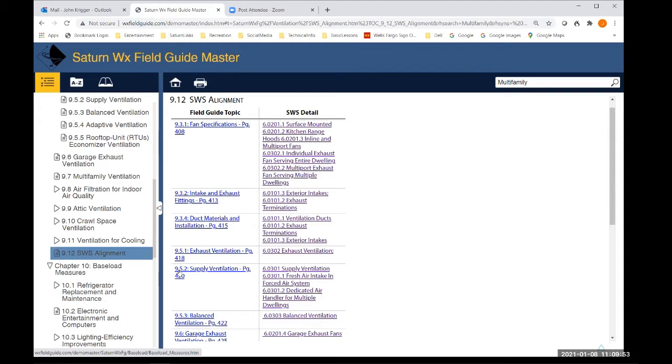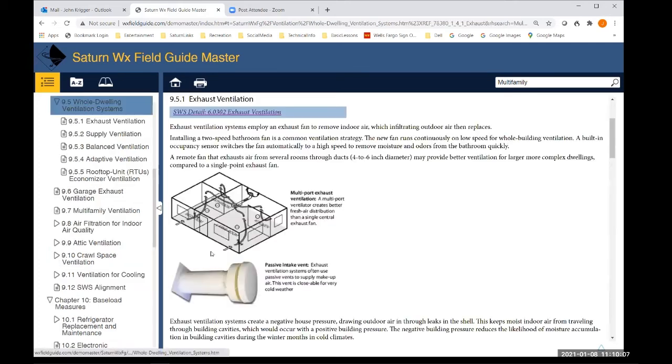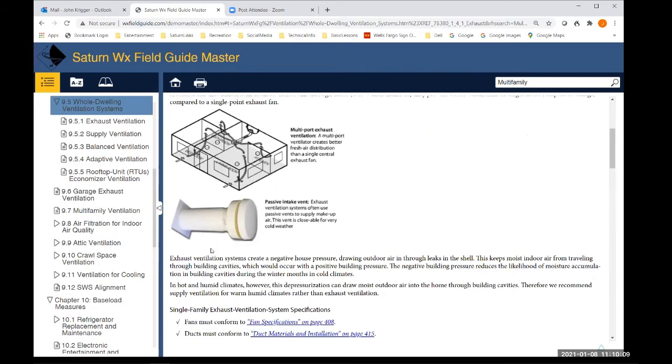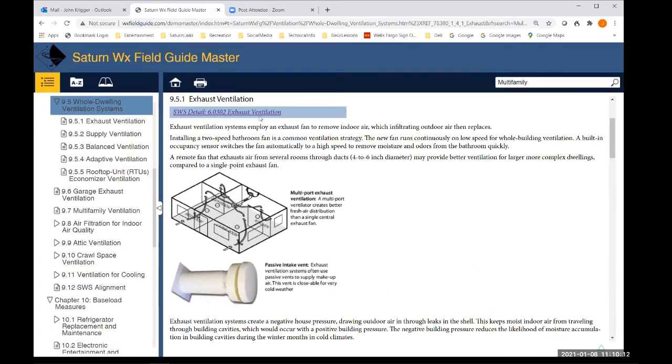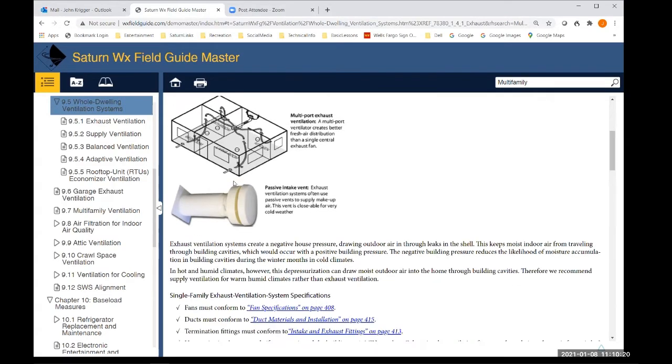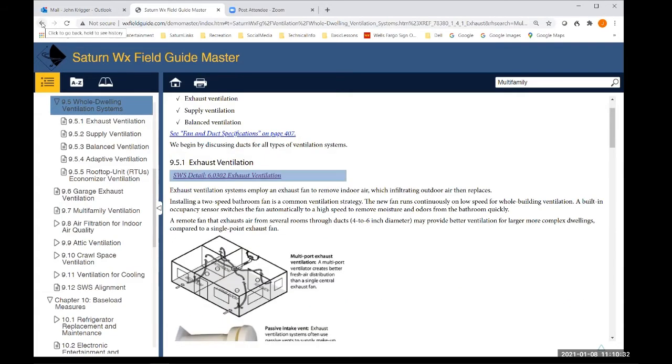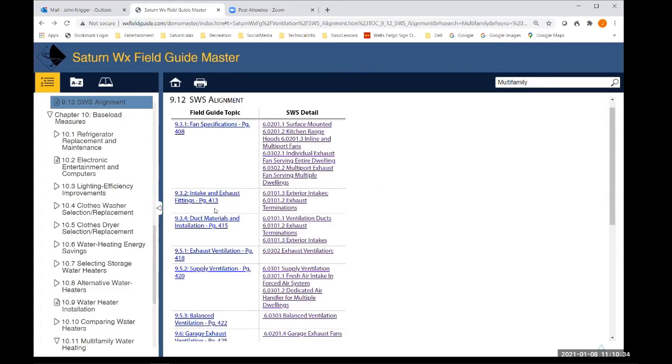And here we have cross-references to this chapter. And here we have the SWS details, and they're all back in this chapter. So if we go to exhaust ventilation, we're going to see the same SWS links as we see back there in the summary. So we go to exhaust ventilation, and let's go back to the SWS alignment in exhaust ventilation,